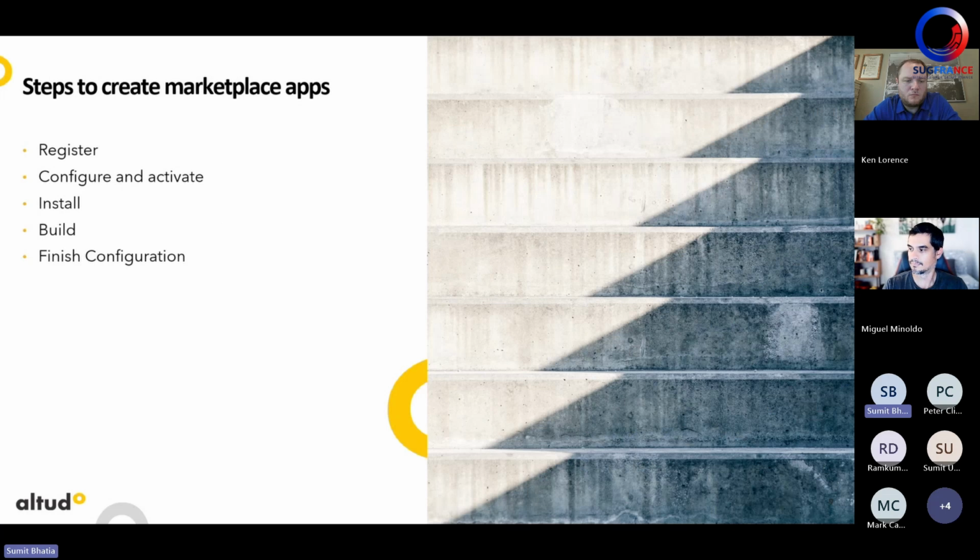Now, steps to create a marketplace app. Let's look at the high-level steps involved in creating a marketplace app. The first step is app registration, where the app is created and identified within the Sitecore Cloud Portal. Next comes configuration, activation, permissions, and authentication. These are the things you need to configure there. Once your configuration is done, the app is installed into the Sitecore environment for testing purposes. Then comes the development phase, where your application logic, your API, and your UI functionality are implemented in the Next.js part. Finally, the remaining steps are completed, such as environment setup, validations, and integration checks to ensure everything works correctly.